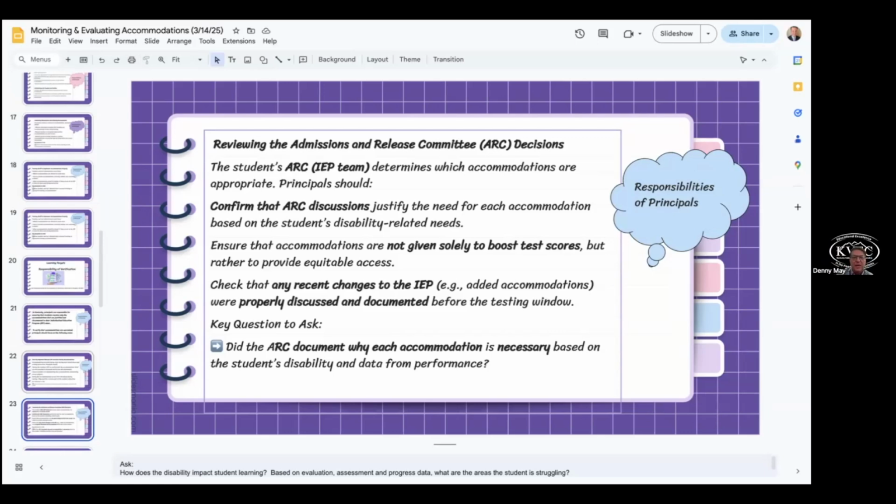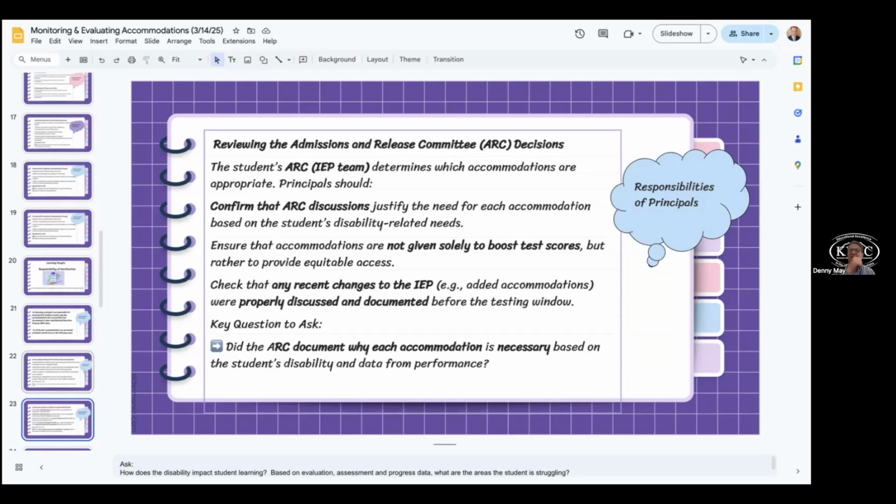So, checking: ensure that accommodations are not solely given to boost test scores. Now, this is a serious problem, and this is one that we've seen on display recently in terms of manipulating eligibility or providing eligibility that's not warranted. So we really have to be able to verify the eligibility.